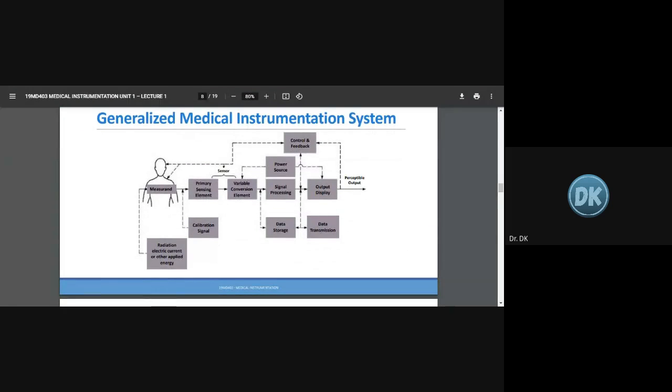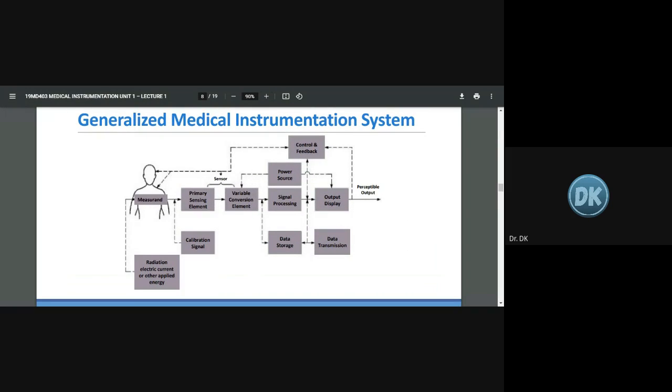And then we saw this block diagram. So let me just quickly recap that also. So you have a measurement where you measure the physiological parameters, and then you have a sensing element followed by a conversion element. Together it's called a transducer, and then you have a power source for the conversion element and also for the output display. In between you have a signal processing circuit where you will be amplifying, filtering, and all the things you do with the signal. And then here you receive the output, and there is a feedback and a control system here. So a part of the output is fed back to the system again.